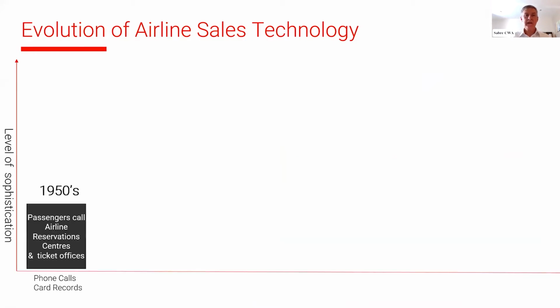So irrespective of what your role is, whether you work in an agency, whether you work in an airline, whether you work in a GDS, whether you're another technology provider, everybody is impacted by NDC. So I'd like to step back for a moment and look at the history of how the travel industry, and particularly airline sales and the use of technology, has evolved,